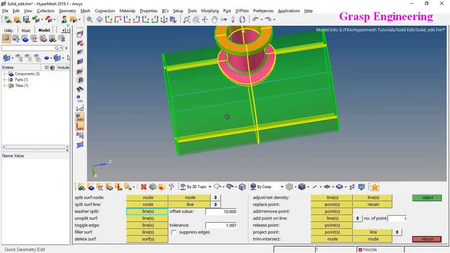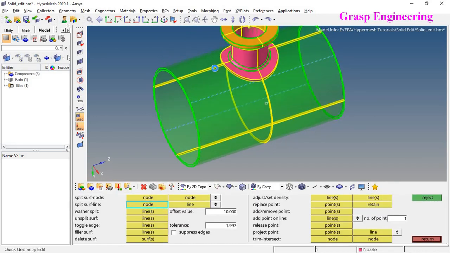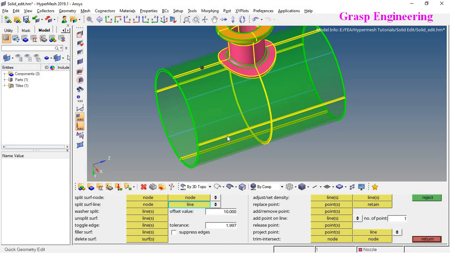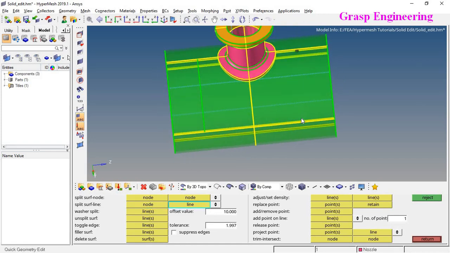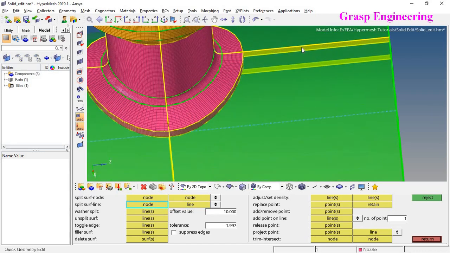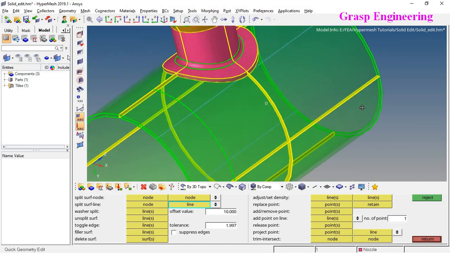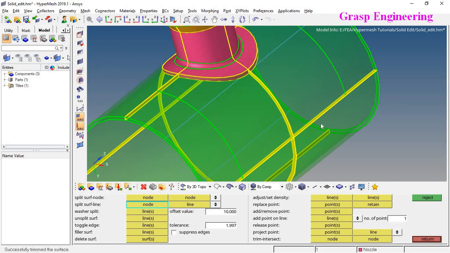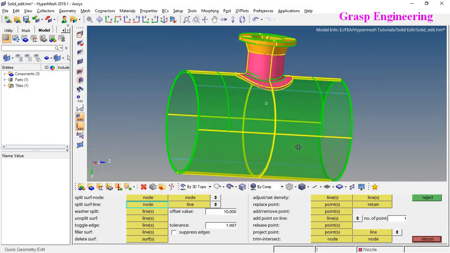or else you do further splitting: quick edit, go here, select and select the face. Similarly over here, select the first point on this edge and select another node and split.